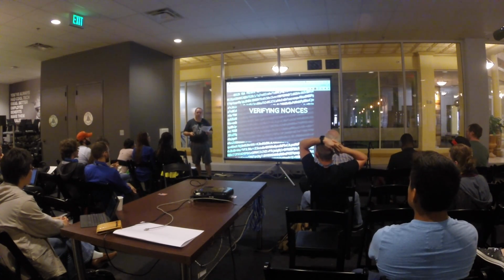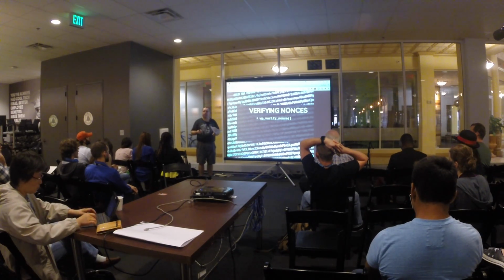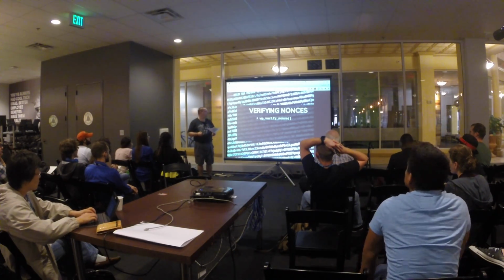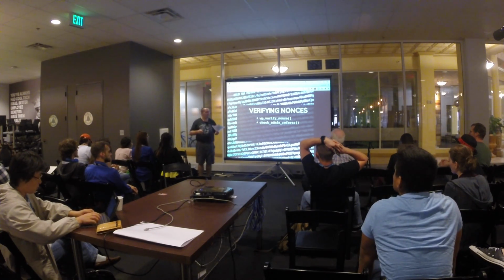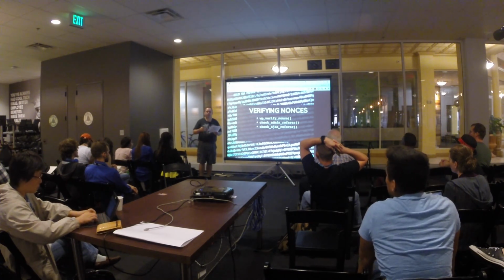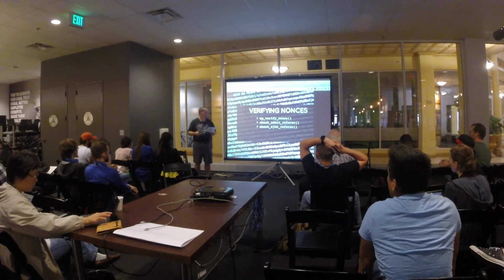And then there's a few methods also for verifying nonces. WP verify nonce is aptly named because you're verifying a nonce, and so you just give it the nonce value and the action that you're working with, and it will compare the hash that you give it with the hash that it would create now. If you have an admin form, you would want to use check admin referer, and similarly with an Ajax form, check Ajax referer. And both of those, in addition to verifying the nonce, are also verifying a hidden referrer field that was put into the form to make sure that the request is coming from a page that you expect the request to be coming from.